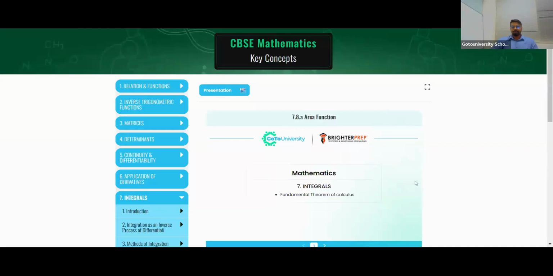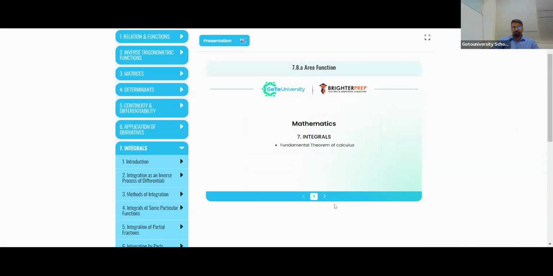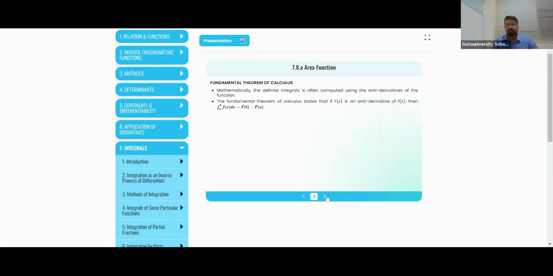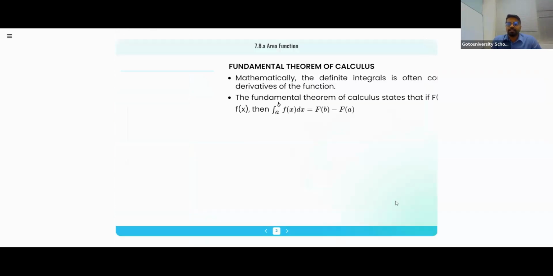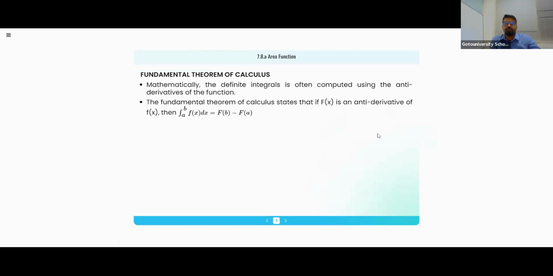This is called the Fundamental Theorem of Calculus. So what does this theorem say? Mathematically, the definite integral is often computed using an antiderivative of the function. Okay, so the fundamental theorem of calculus states that if F(x) is an antiderivative of f(x),